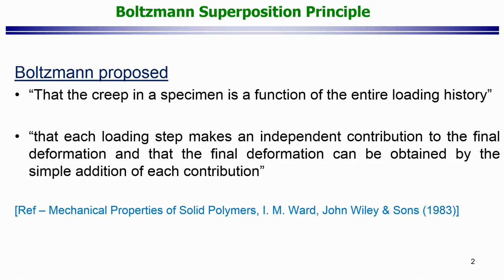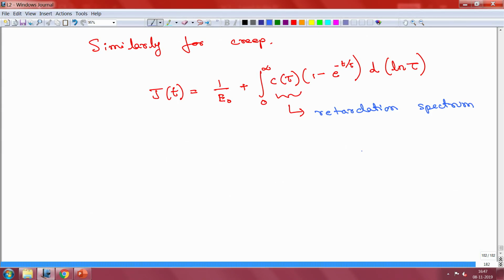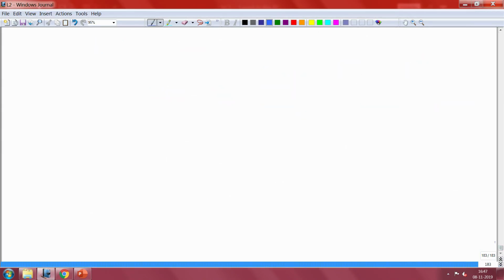So, this is basically a mathematical statement which we have sort of already discussed in the case of the superposition of responses, and we will just reformulate that for the case of Boltzmann, because we will see that it leads to another interesting generalization. That is why I am discussing it again.